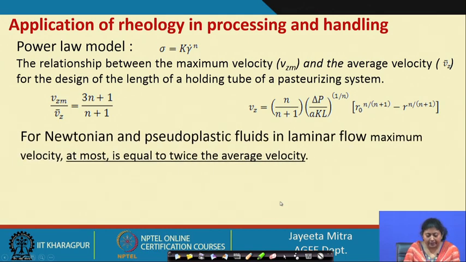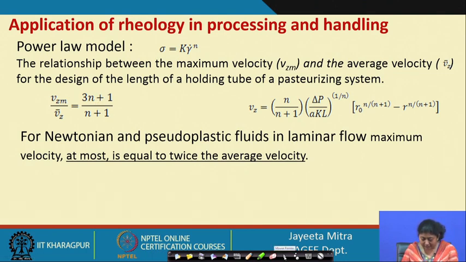Now, for the Newtonian and pseudoplastic fluid in laminar flow, maximum velocity at most may be what? If it is Newtonian, n will be equal to 1. So, 4 by 2. So, twice the average velocity will be the maximum velocity, right. So, for the Newtonian and pseudoplastic, where n is less than 1, fluids in the laminar flow, maximum velocity will be at most equal to twice the average velocity. If it is pseudoplastic, it may be even less than that, or at most it will be twice the